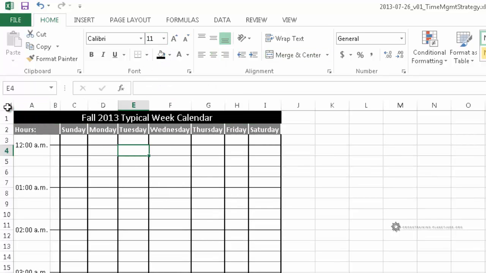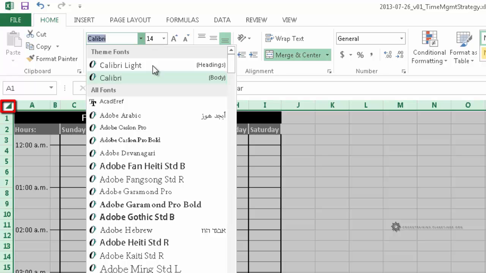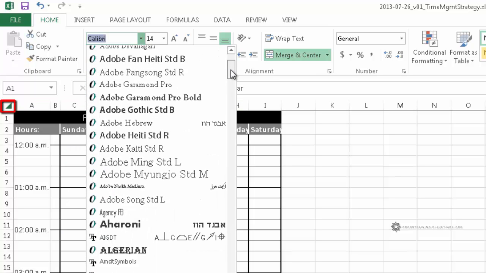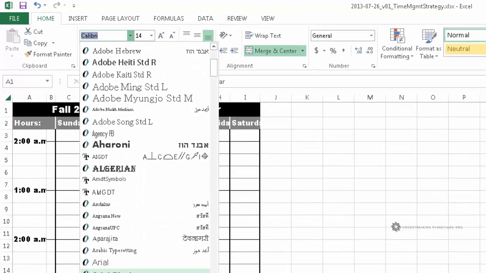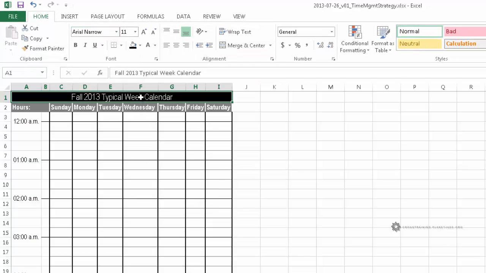And maybe I want to change the font of my whole thing. So I'm just going to click this little thing up here so that I can select everything. And I particularly like Arial Narrow. And of course you can use any font that you favor. That's just one that I like to use. And I'm also going to bold this, give it a little bit more hierarchy,